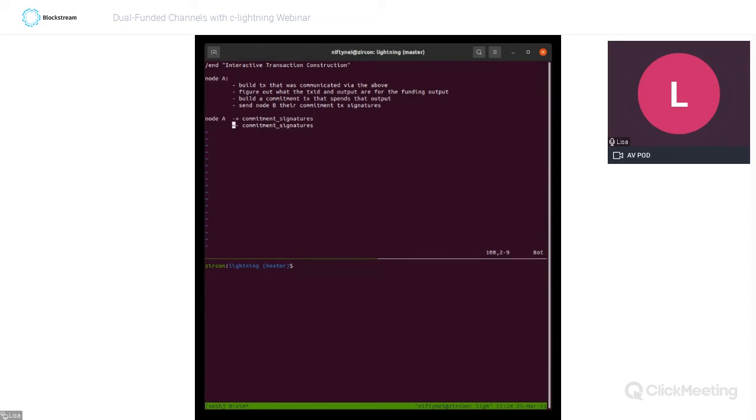with their commitment signatures. Of course, B checks to make sure that A has given them the right thing, and then they send node A their commitment signatures. So now we've got a little bit of a departure. Once you've both got the commitment signatures that you need, once node A has sent the commitment signatures, then they'd send their